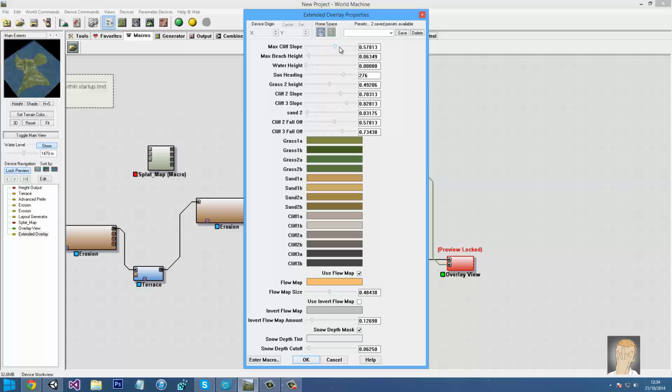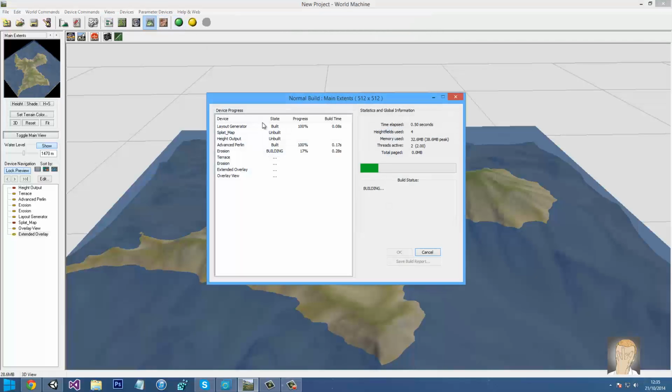The max cliff slope means, like, what is the maximum angle for it to be a cliff, essentially. And then we have our max beach height. So what we can do is just bring that up and make a beach around the corners, edges rather. So if we build it again,